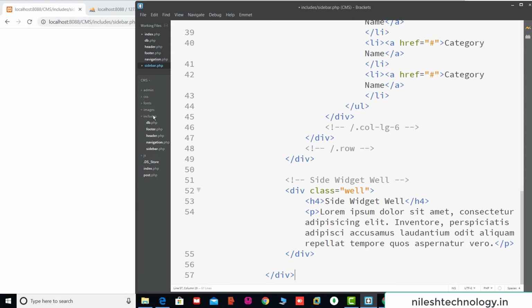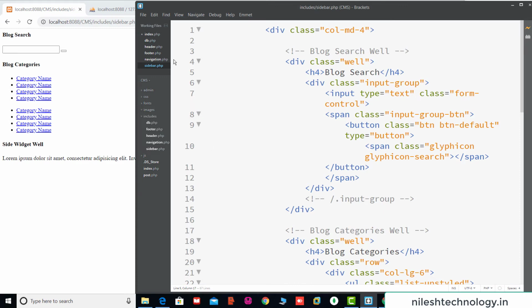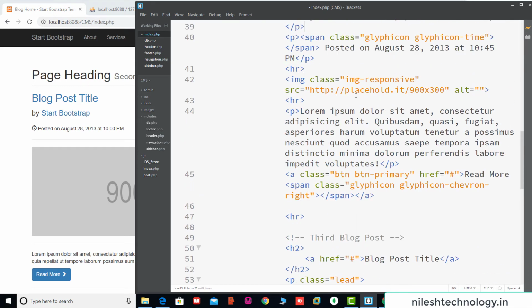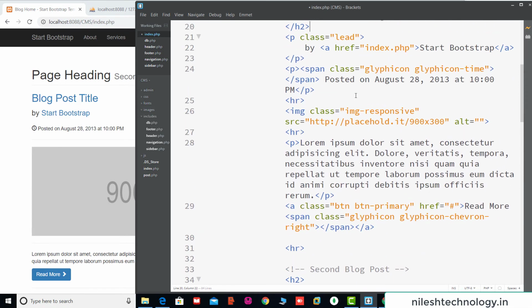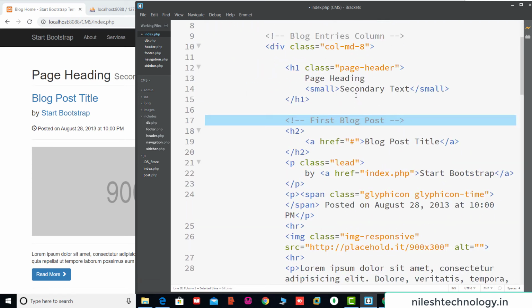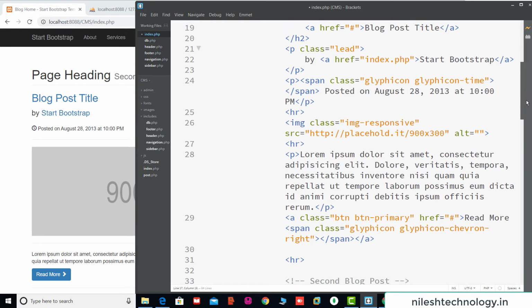Okay, Shift Ctrl S. So these are the categories. Again going to this index.php file. See here, going to this top first block. This first block is closed here.